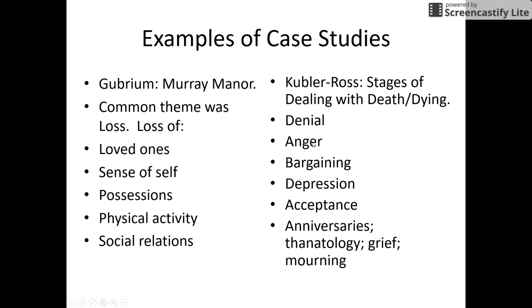Second stage is anger. You're mad. You're mad at God for this cancer you have. You're mad at so-and-so because your friend died in an accident, so you're mad at the driver for killing him or her. Anger, very real, very powerful emotion. After anger comes bargaining. If you're the one who is dying, you bargain with God, hey, can I live some more? If your friend passes away, you want him or her to come back, because it's a very serious change and you want that change undone.